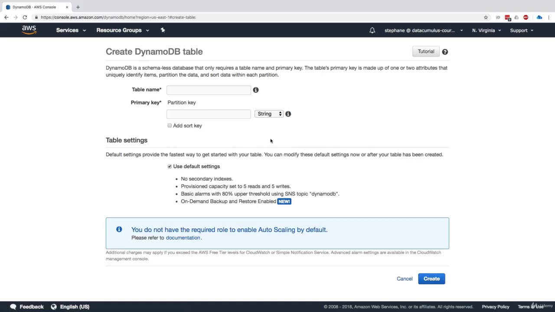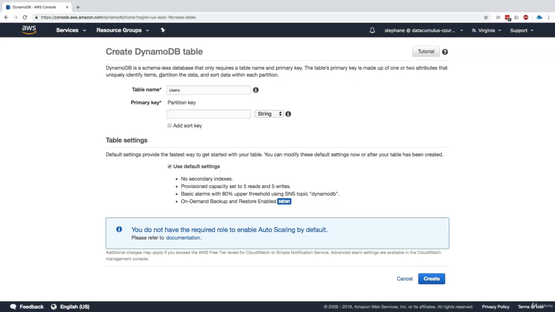Now, when we create a DynamoDB table, we have to specify a table name. So let's talk about users. Let's create a users table. As you can see, the first thing you have to do is create a table. We don't have to create a database. The database is already there. You don't even need to provision it. It's managed by AWS, so we can go straight into managing tables.